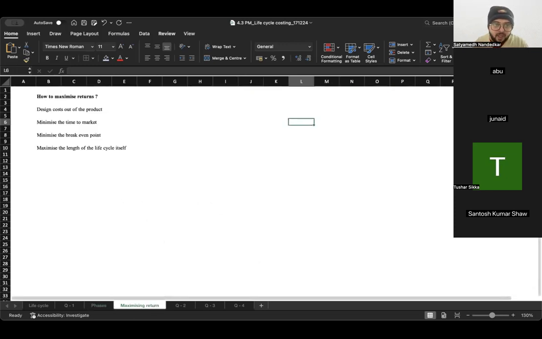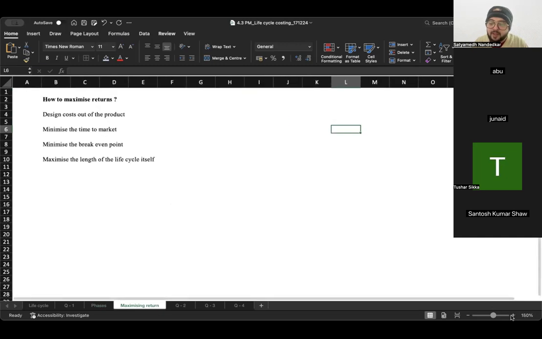Okay, now if you want to maximize returns from a product, what you have to do is you should design costs out of the product, minimize the time to market, minimize the break even point, maximize the length of the life cycle itself. If you want to increase your returns, what they are saying is, if you minimize the time to market, there are two times that they are talking about. One, the overall time that you spend in marketing, that time you have to reduce, or the time it takes to take the product